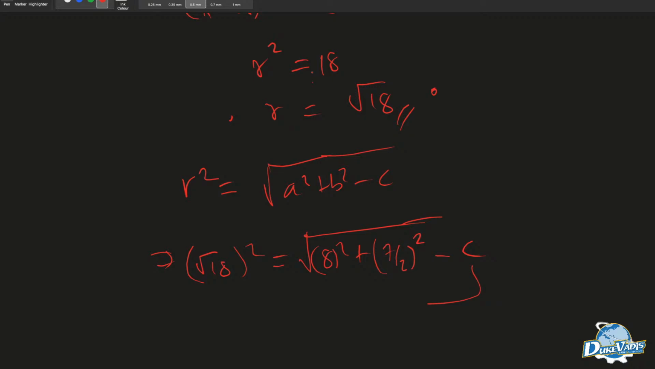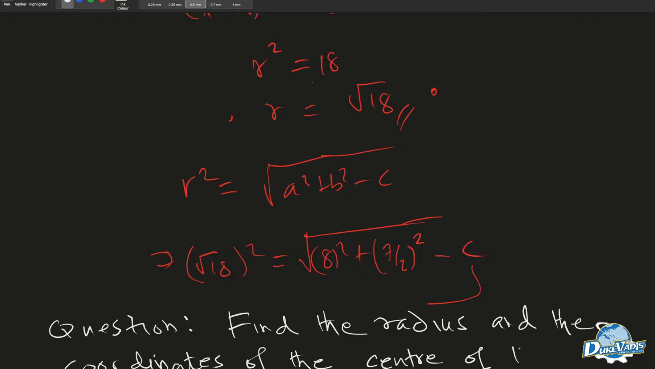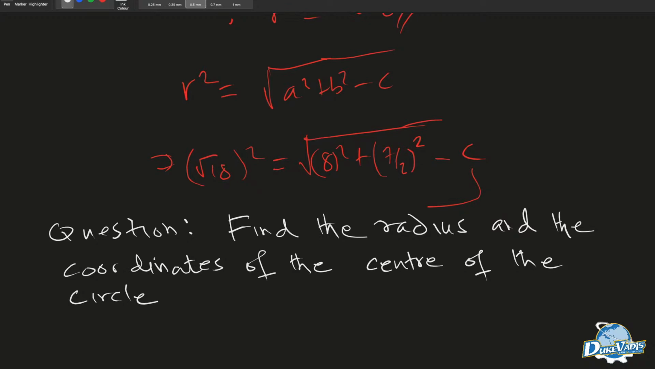Okay, there's a question here that says: find the radius and the coordinates of the center of the circle with an equation